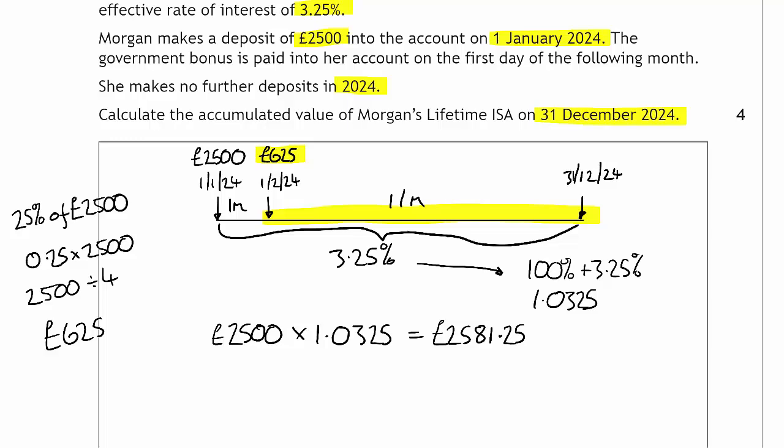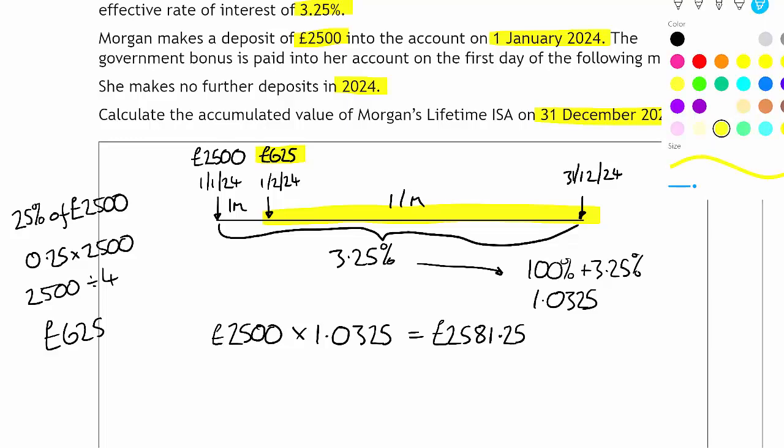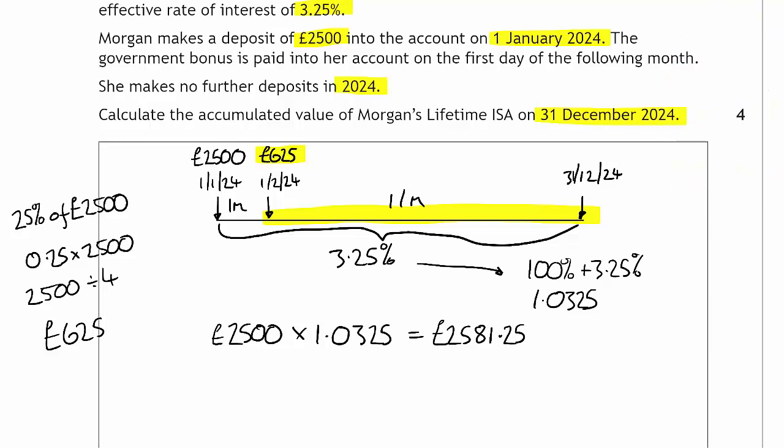We're then going to look at this amount, okay, so that amount is going to be just for the 11 months, so remember it's an annual rate. Okay, so I'll just get rid of that, and that's a mistake. So that is going to be £625, and that's going to get the same amount of interest. So we're going to times that by the multiplier. Now remember, there's 11 months that's going to sit in the bank for, and 1 year is 12 months. Okay, so it's an 11/12th of a year. You put that in your calculator,